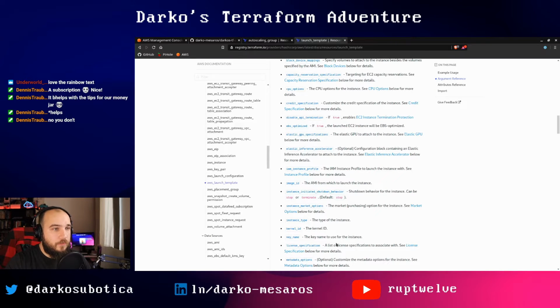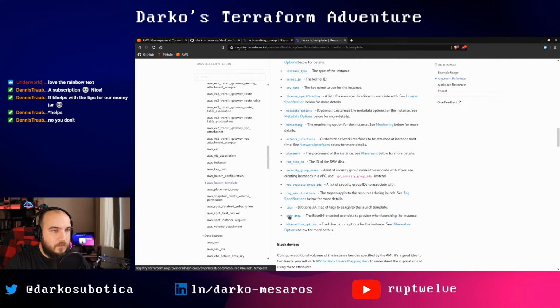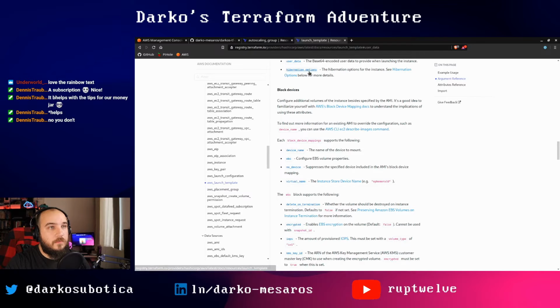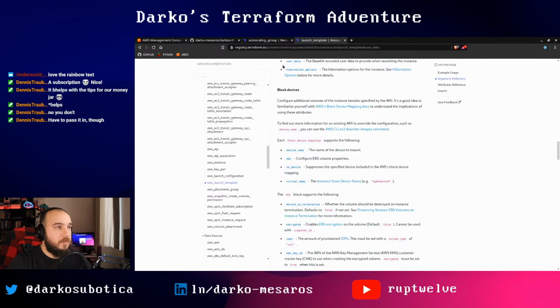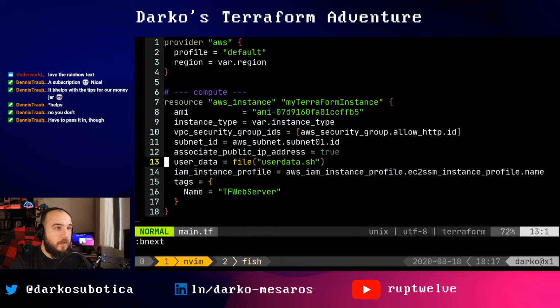Back to instance profile. What did we say we're going to do? We're going to do user data. So, base64 encoded user data to provide when launching an instance. Have to pass it in. Yeah. So here's the thing. I already do this in